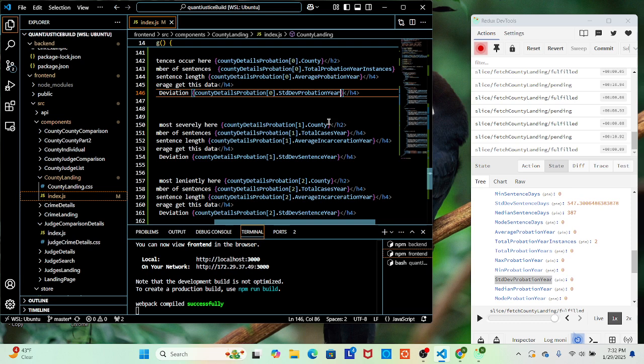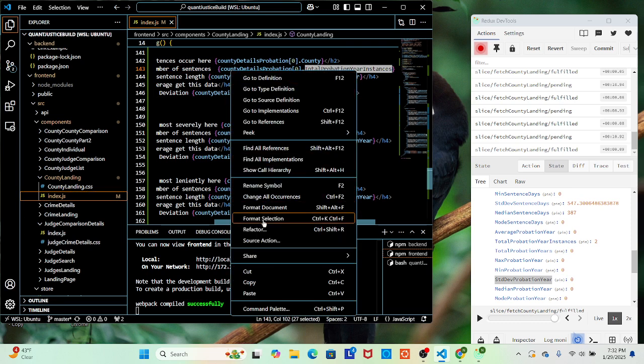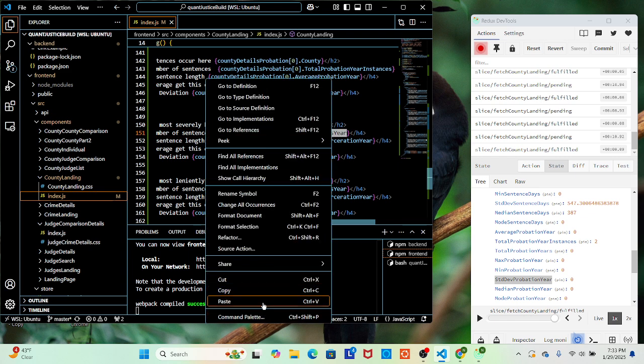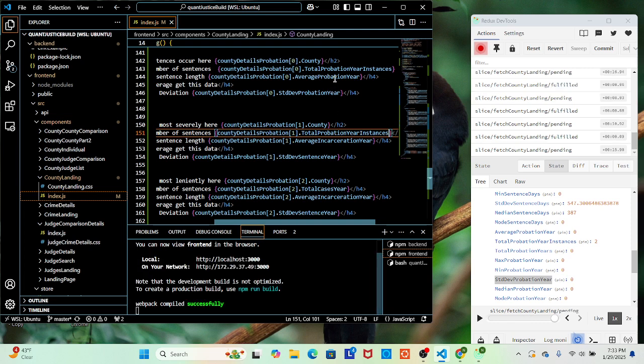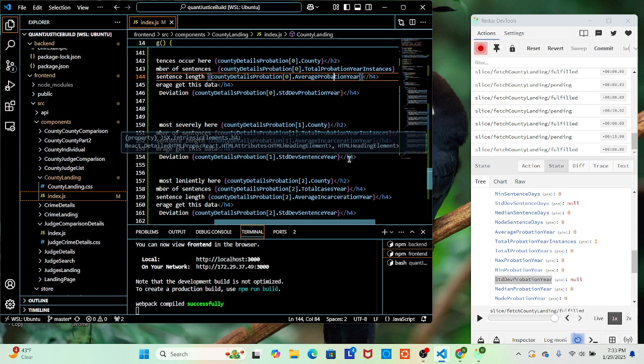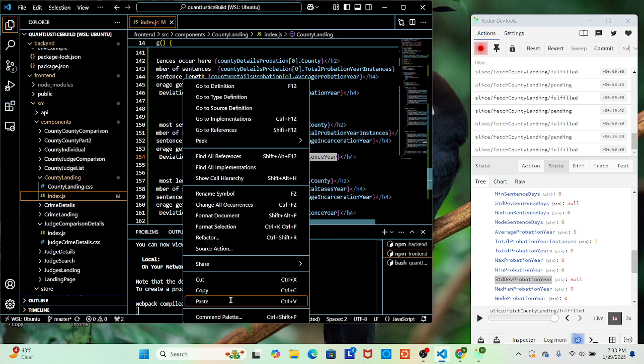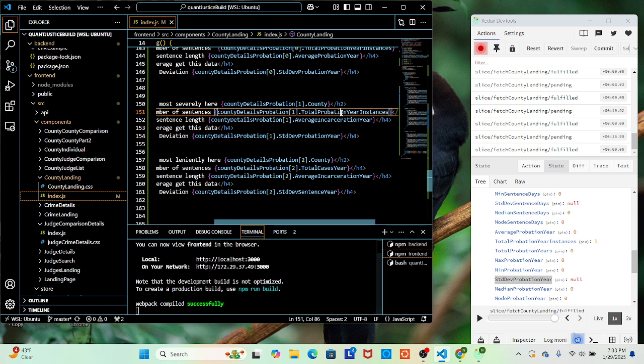And we don't have to, yep, total probation year instances. Average probation year. Okay, good. Not confused year with the incarceration in the beginning. Whoopsie doodle. Standard deviation, probation year. County, total probation year instances.